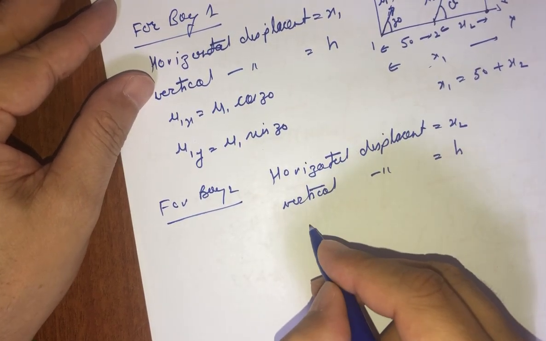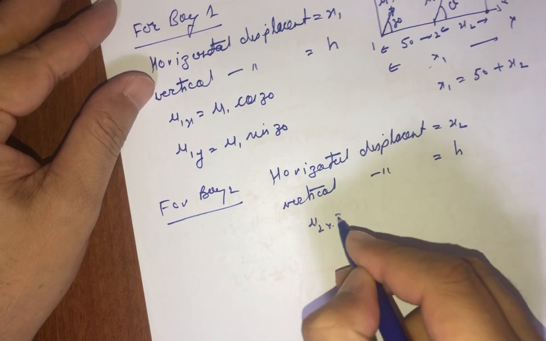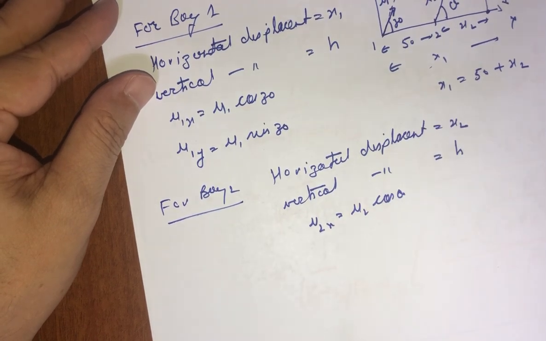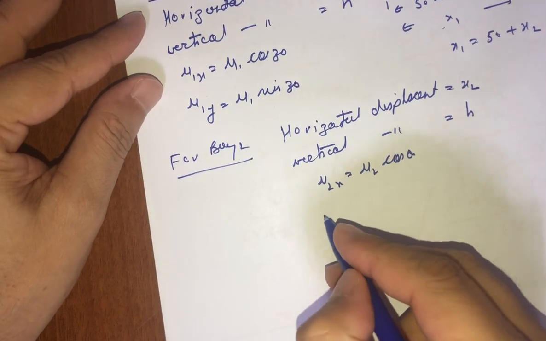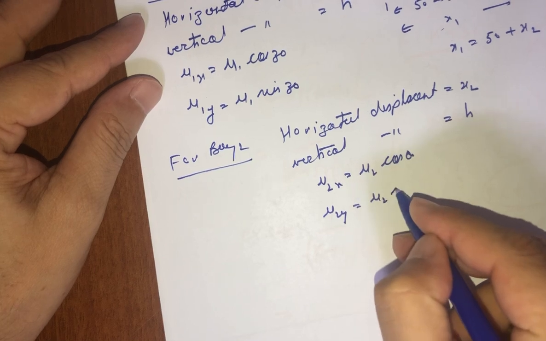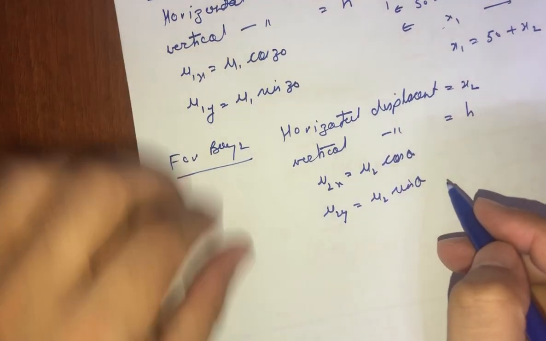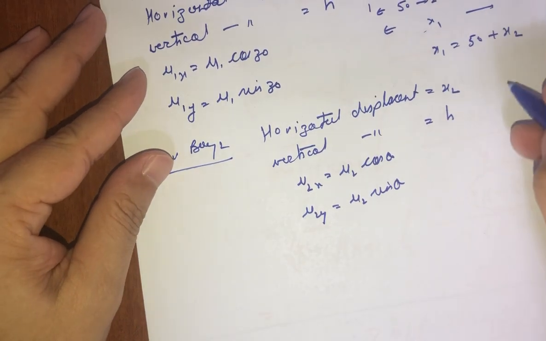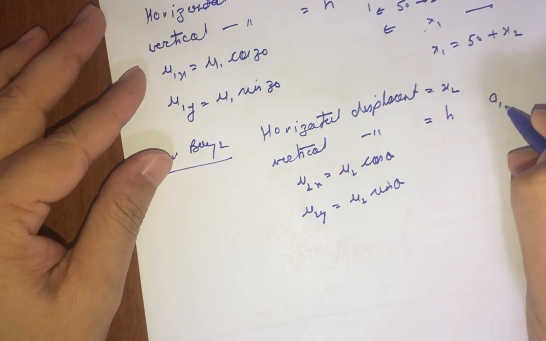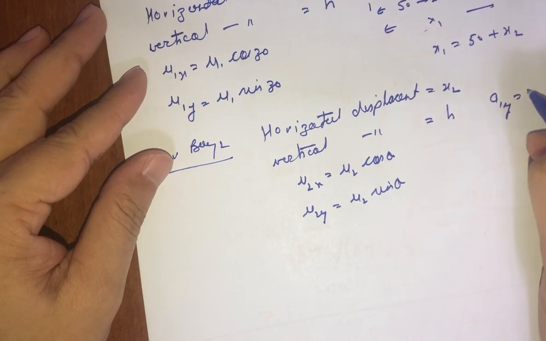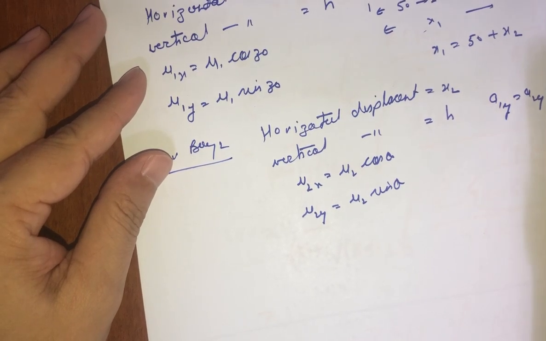The horizontal component, that is u2x, will be equal to u2 cos of theta, and its vertical component u2y is equal to u2 sin of theta. In both the cases, the acceleration due to gravity or acceleration of first and second will be same, that is minus of g,